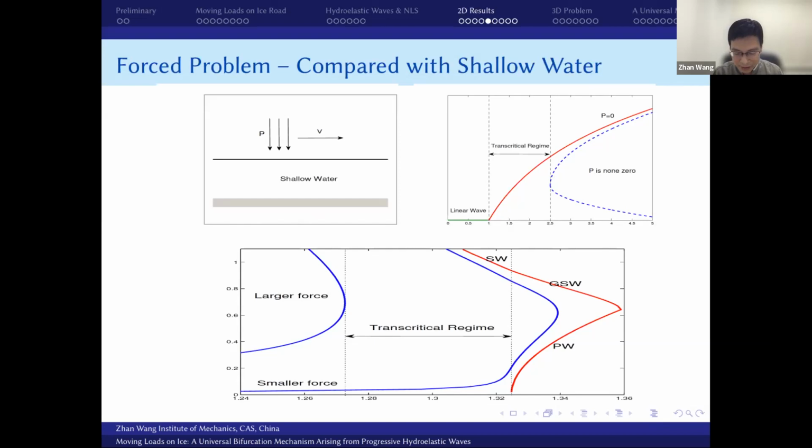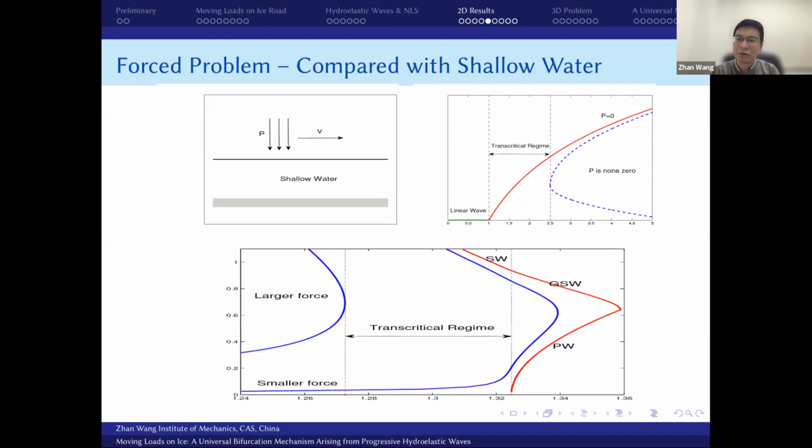Everyone who works on nonlinear waves knows that if we apply forcing, if you have a boat and move the boat on shallow water, then you will see the generation of a periodic shedding of solitons upstream. This is a very interesting phenomenon, but people know that. So for pure gravity waves in shallow water, if we apply a boat and move the boat with a constant speed,